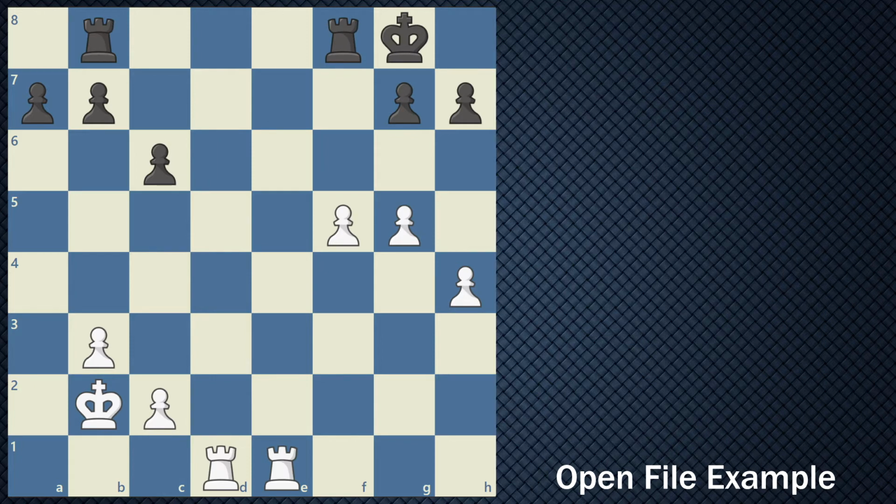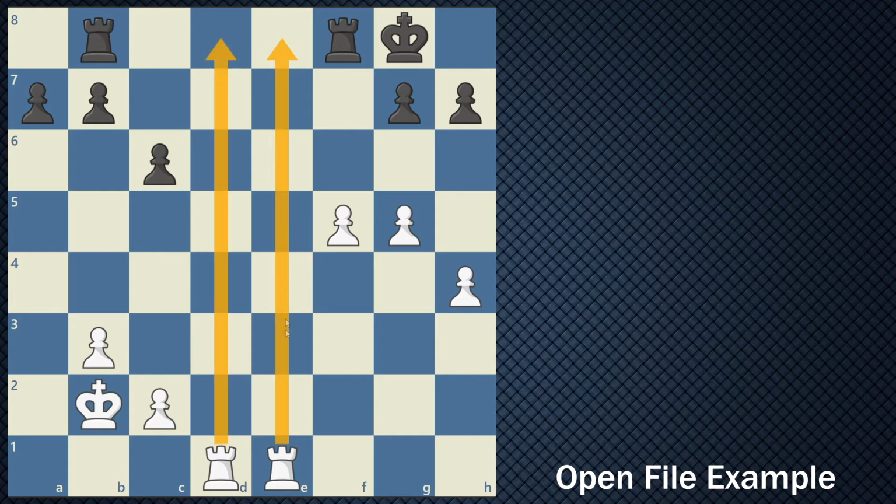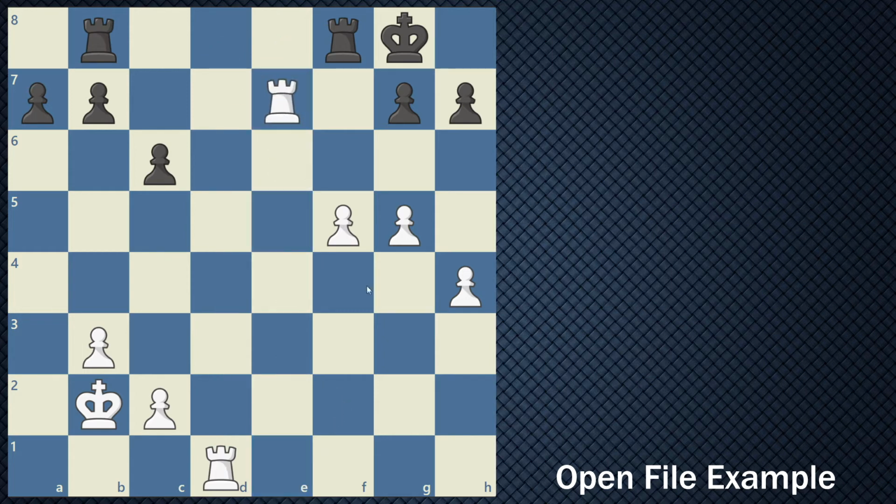In this example right here, what white decides to play in order to take advantage of these open files right here down the center is by playing rook to e7, and black has a couple of choices that he can make right here. In this case, if black decides to defend the rank and try to knock this rook off of the 7th rank, what white would be able to do is be able to capture that rook,